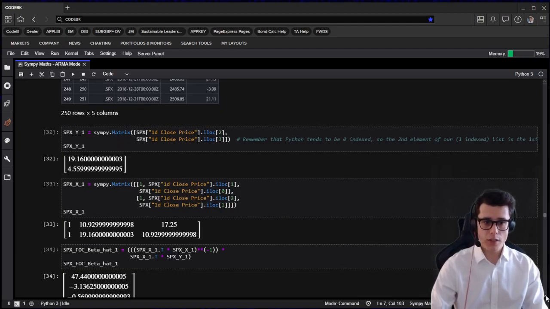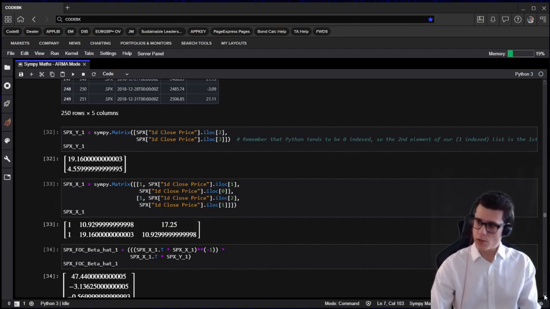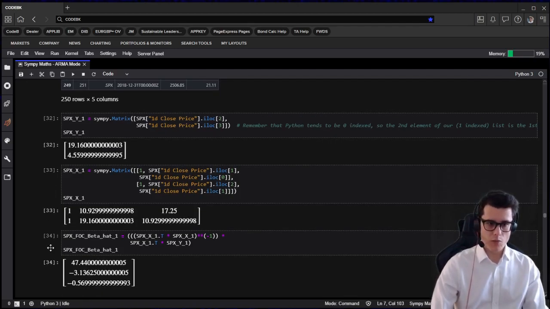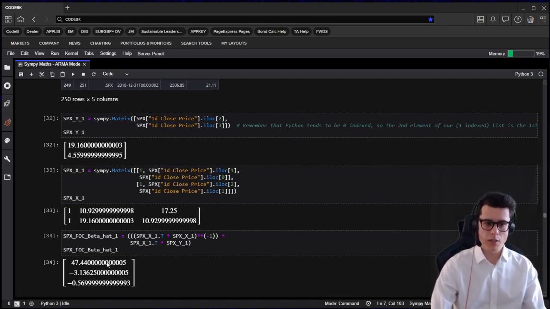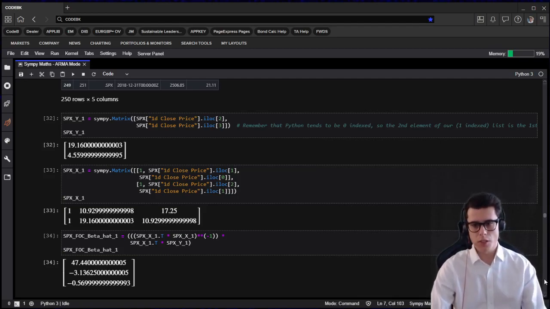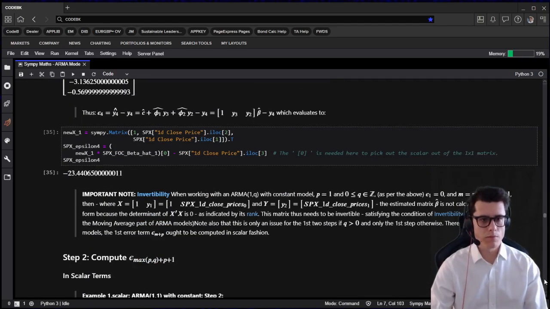And finally, we can construct our first order condition quasi maximum likelihood estimation of beta, and that's what it is right here. This is why it's called beta hat, because we're putting a hat on top of it because it is our estimation, and that's what it is right here. So it's x dash x to the power of -1 times x times y. So that's the very simple, straightforward maximum likelihood estimation. It's also the same as the ordinary least squares in this specific instance, just for you to know. Finally, I can create my new